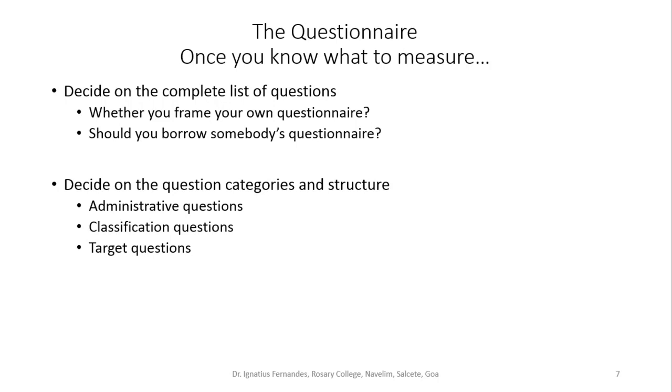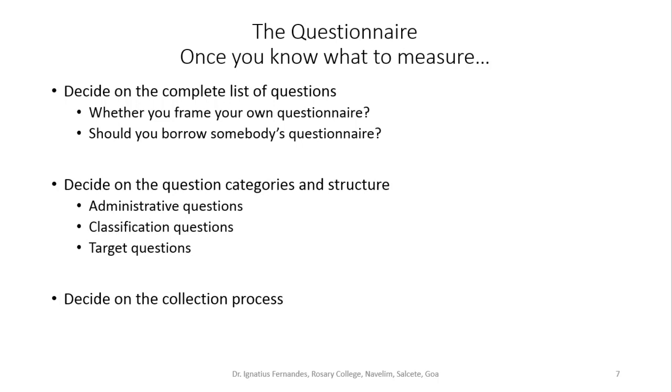These are all classification questions, where you will try to categorize those respondents based on your interest. And the third section is usually the target questions, and these are with respect to the analysis that you are doing. Like the cost of meals, you'll find out what is the cost of a meal in this particular hotel or this particular place, and so on.